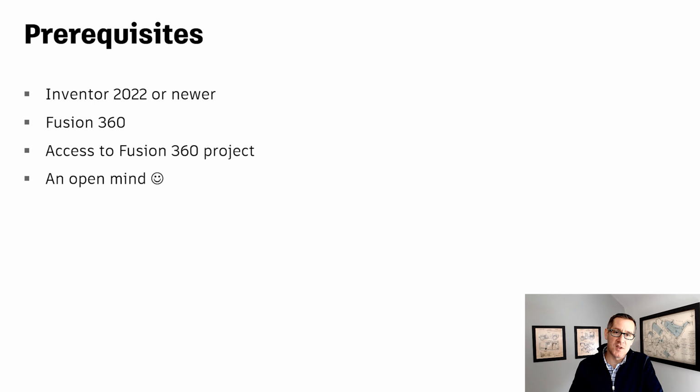If you're doing something with generative design, you kind of have to use Fusion 360. If you're doing something where you require iLogic and some really advanced automation tools to do configurations, obviously you're going to use Inventor because it's really good at that. So just have an open mind and think about the ways you can leverage these tools working together. So let's jump right in and talk about the first one.